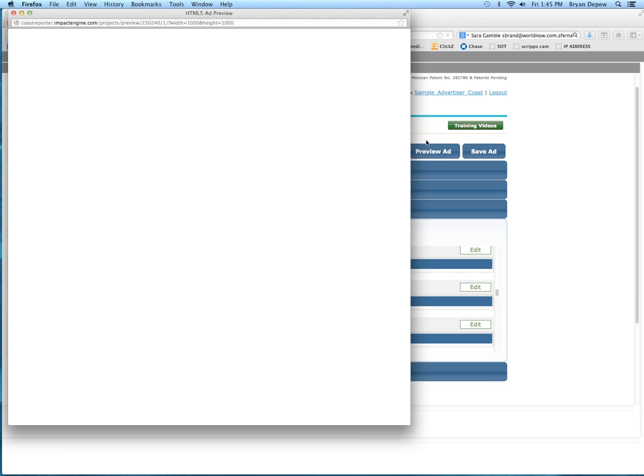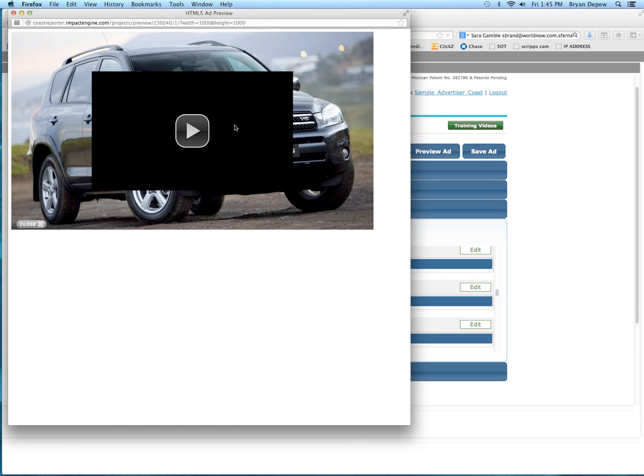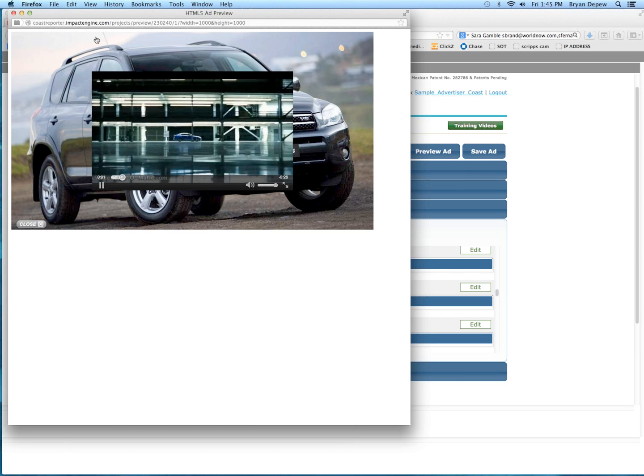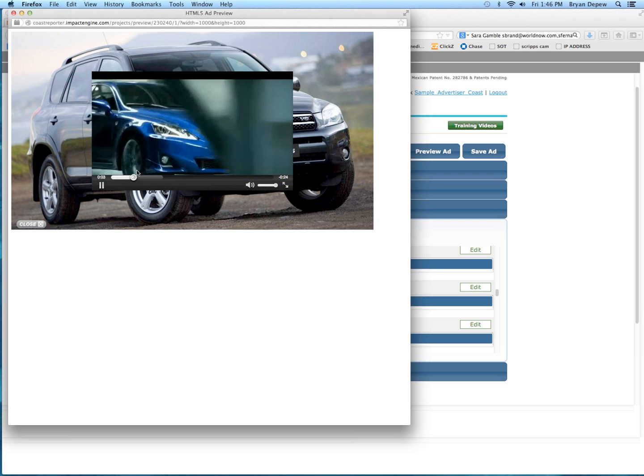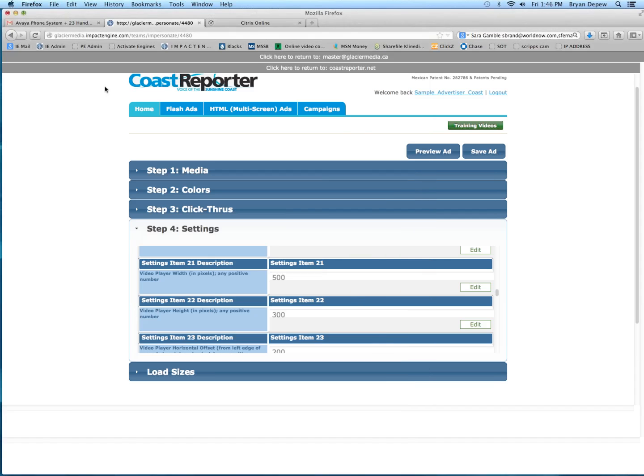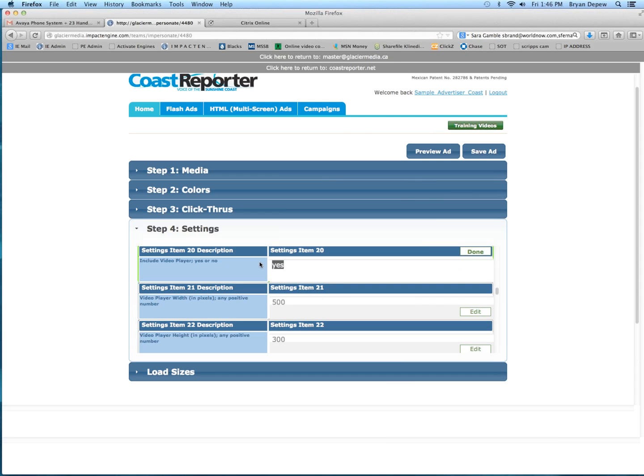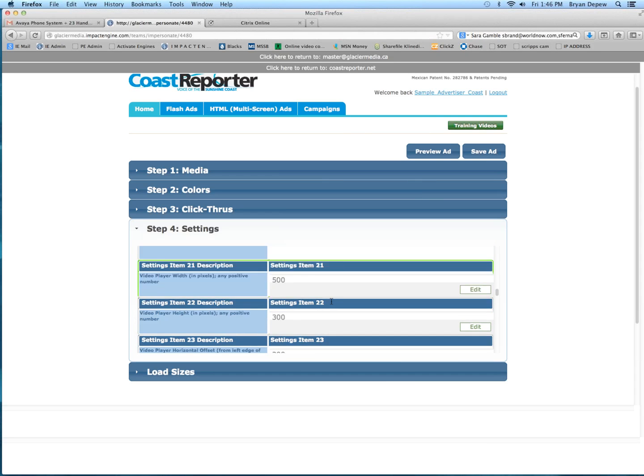Hit save and preview. And now we've got a much larger video player that just lives on top of the expanded container image. So I'll go ahead and turn that off and show you the final settings here, which are for your custom